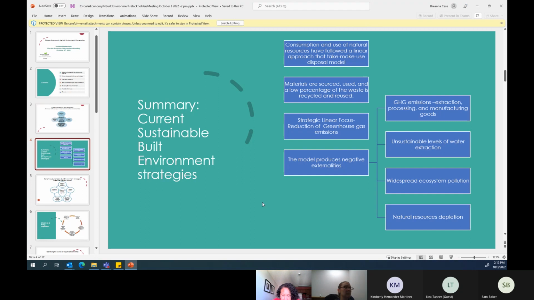So we have done the consumption and use of natural resources following the linear approach, the take, make, use, disposal model. Materials are sourced, used, and a low percentage of the waste is recycled and reused.